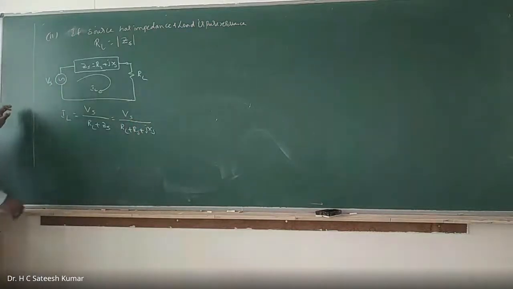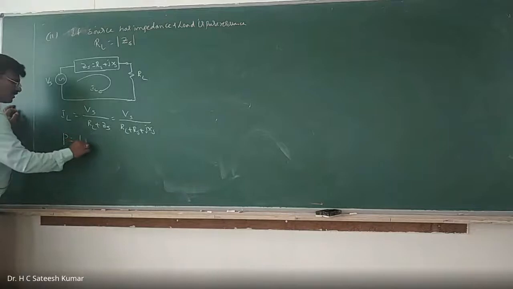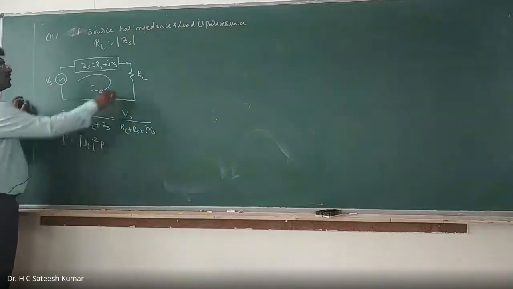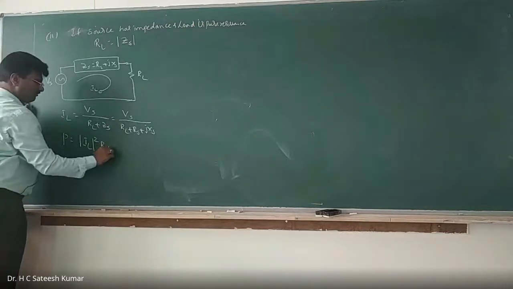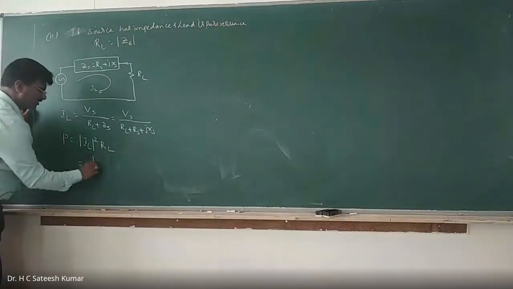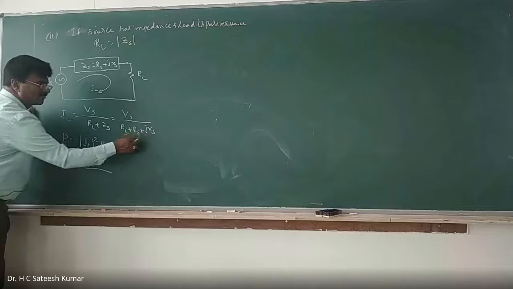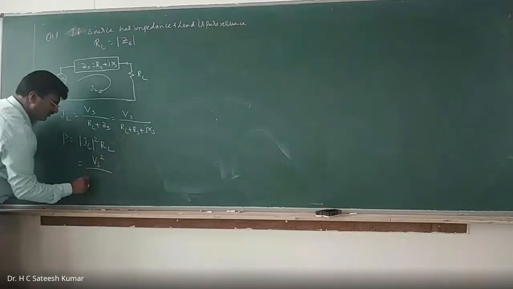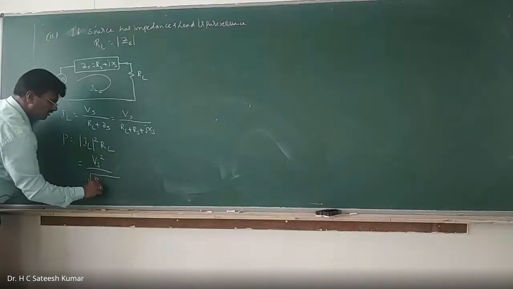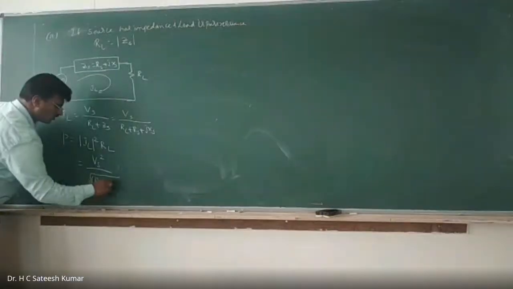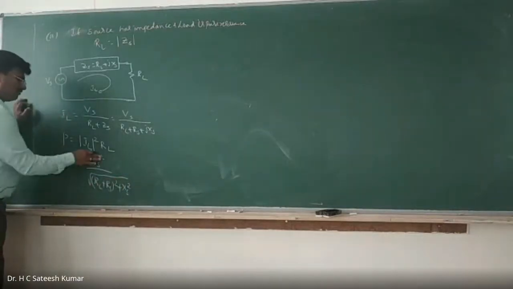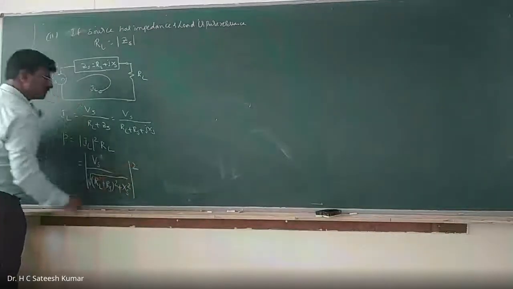Okay, right. Power is equal to magnitude of IL squared into RL, the power dissipated in the load, no? Which is nothing but equal to... what is the magnitude of IL? Magnitude of IL is nothing but Vs divided by the square root of (RL plus RS) whole square plus XS square, a complex number, no? And the magnitude of it squared, into RL.